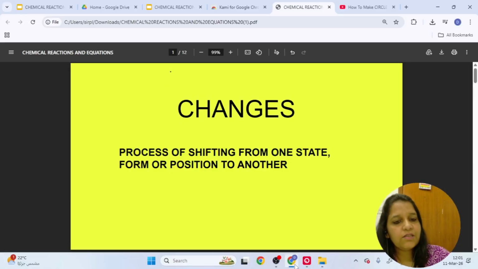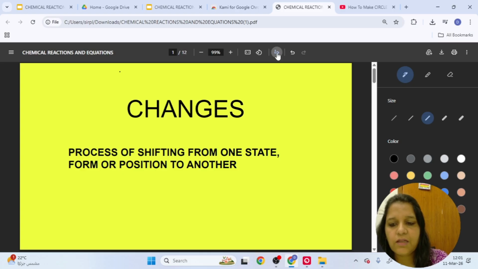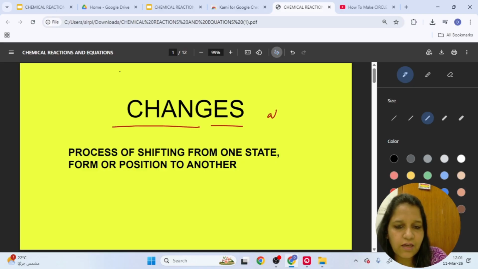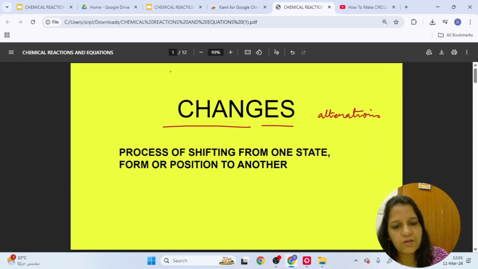केमिकल रिएक्शंस एंड इक्वेशंस। चलो देखते हैं फटाफट। So what are changes? Changes are nothing but the process of shifting from one state to another. और सिंपल लैंग्वेज में बोले हम तो चेंजेस क्या है? बेसिकली चेंजेस दे आर द अल्टरेशंस इन फॉर्म, साइज, शेप ऑफ एनी सब्सटेंस, जो आप लोग प्रीवियस क्लासेस में पढ़ के आ चुके।